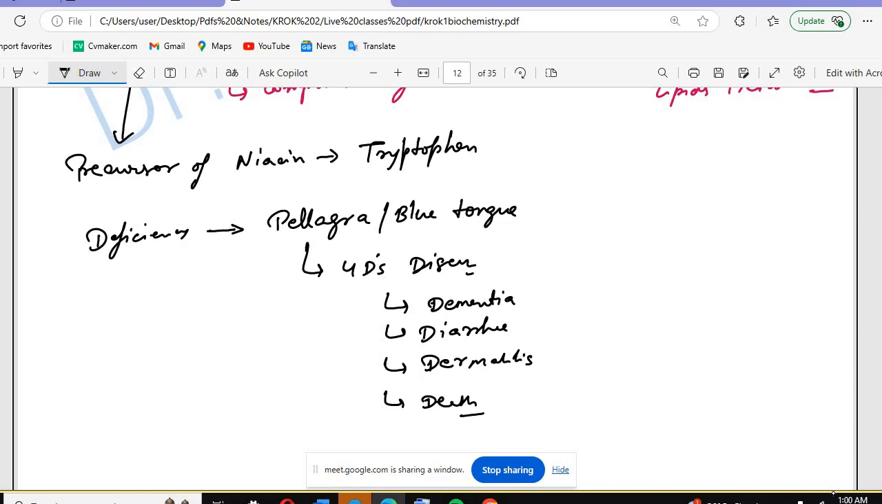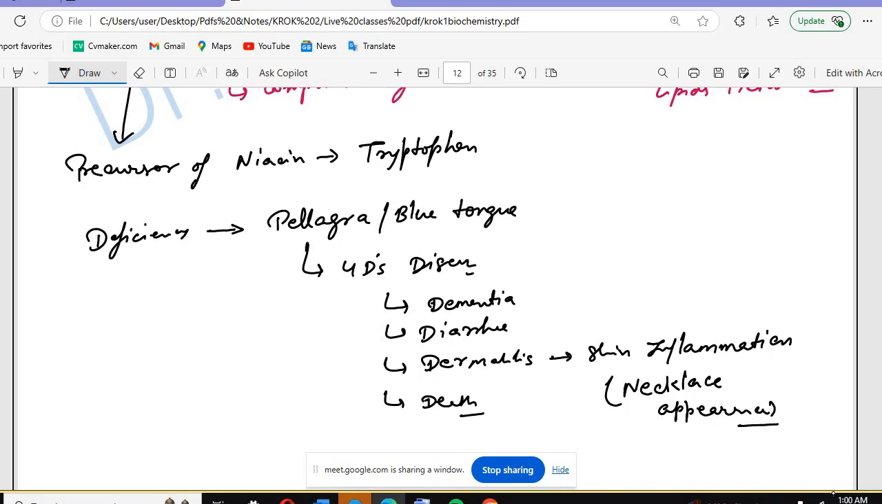Okay. See, the patient will be having dermatitis, meaning skin inflammation will be there. And in skin inflammation, a very important image will be there: the necklace appearance. This image you can get in your exam. So the necklace appearance, this is due to